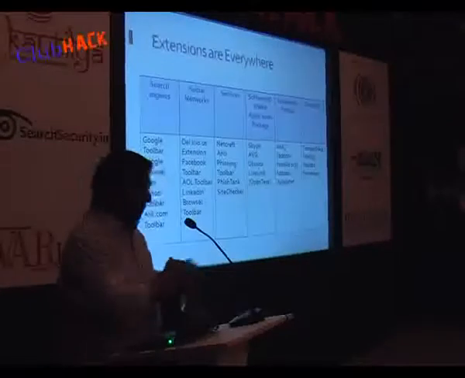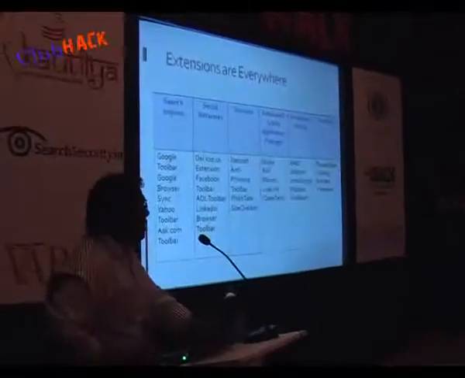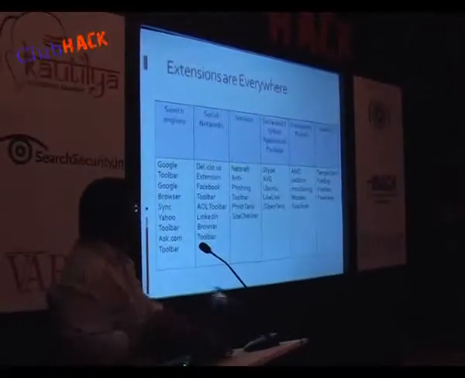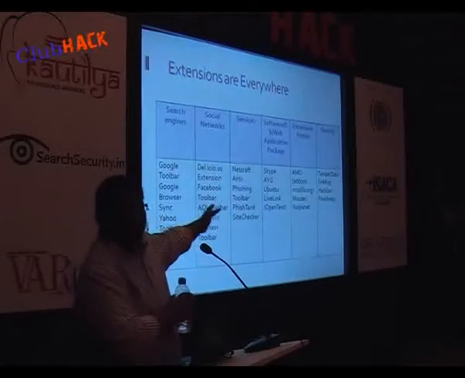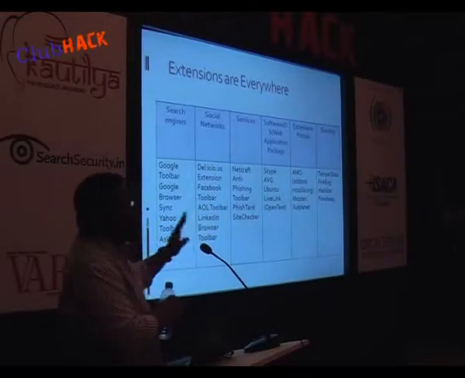The last one I put in there: we as security experts use a lot of extensions. I personally use a lot of extensions. Tamper Data, I believe, is a very famous one. Firebug, the recent one, being the most famous one. Hackbar, which you could use for doing some of the SQL injection. So if you look at it, every spectrum of your life is covered and every spectrum has an extension available.